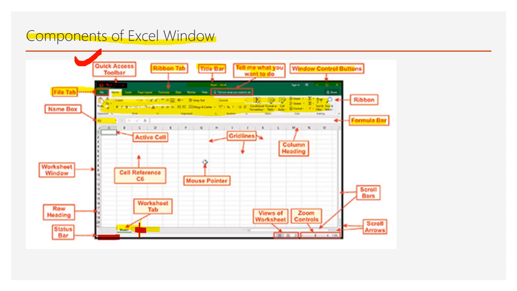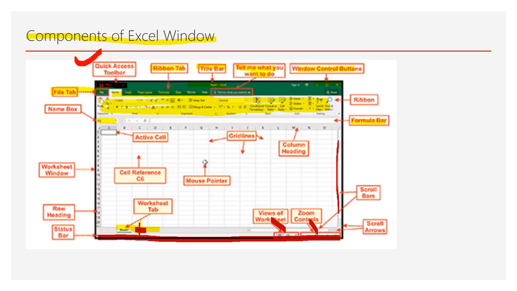Then there is the status bar. This bar is called the status bar. It shows you the ongoing activities in the Excel window, and also the views of the worksheet. And there are zoom controls to enlarge or reduce the size of the Excel window. Then there are scroll bars.